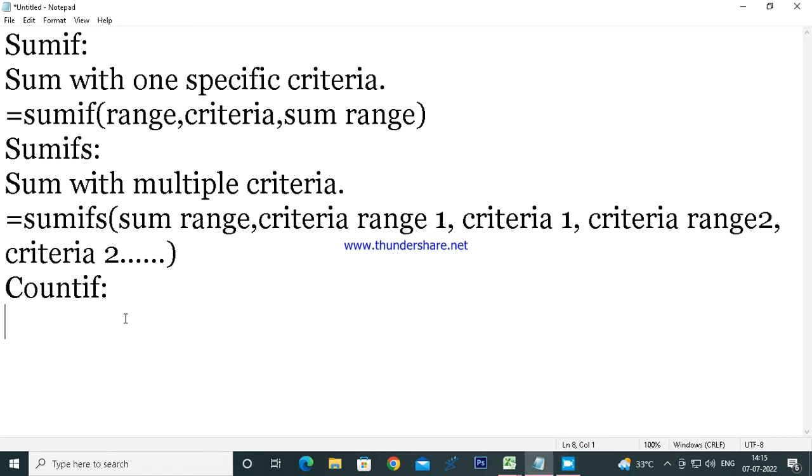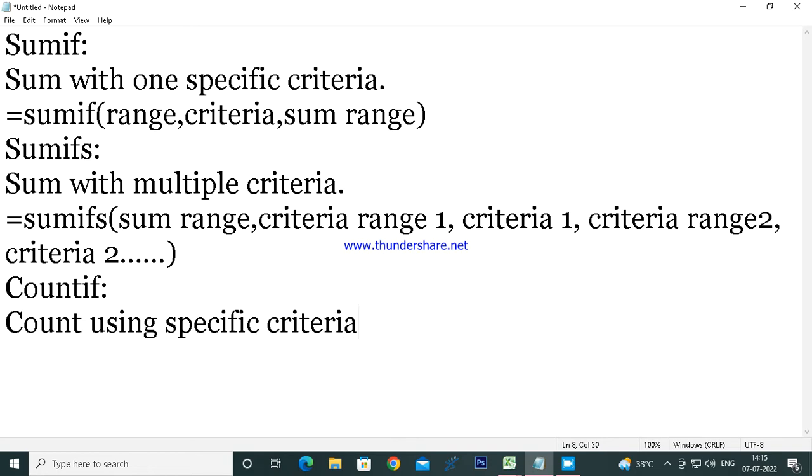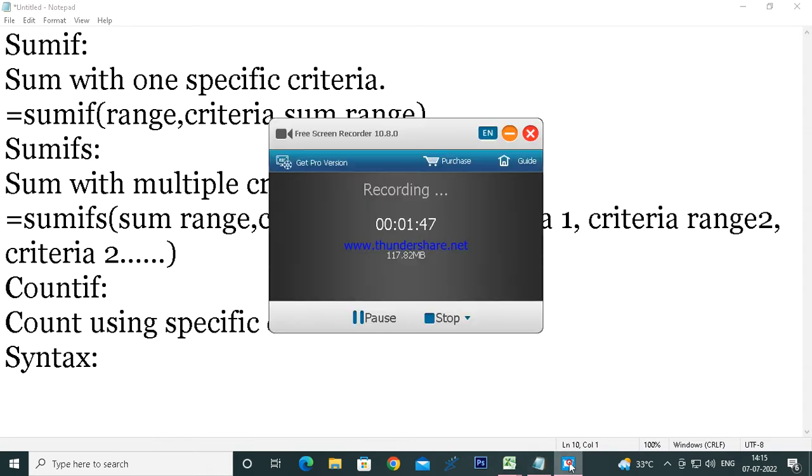All of you write down CountIf: count using specific criteria. Count using specific criteria. Syntax, key syntax means